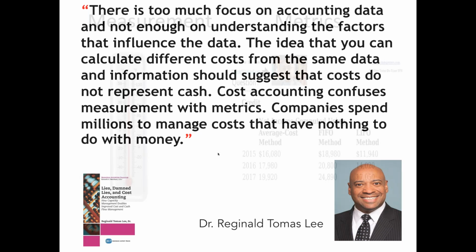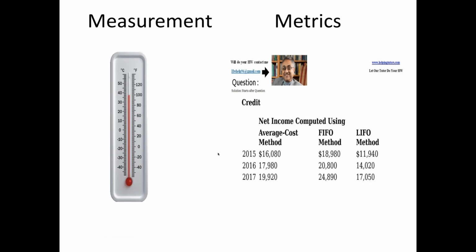So you've seen LIFO and FIFO and average cost inventory methods. This is kind of the same thing. We can use a different inventory method based on assumptions that we're making about the flow of that inventory: last in, first out, first in, first out, or average cost, and there's others. There's NIFO. There's all sorts of different assumptions. Now remember that measurements are not based on a choice, right? If you're counting the number of people walking into your business, you don't get to choose how you're going